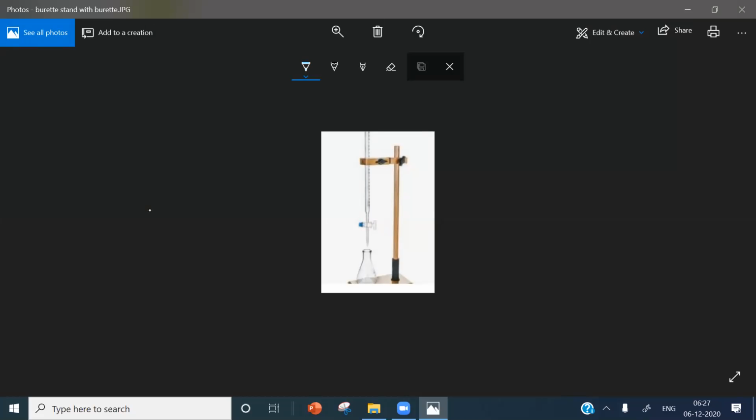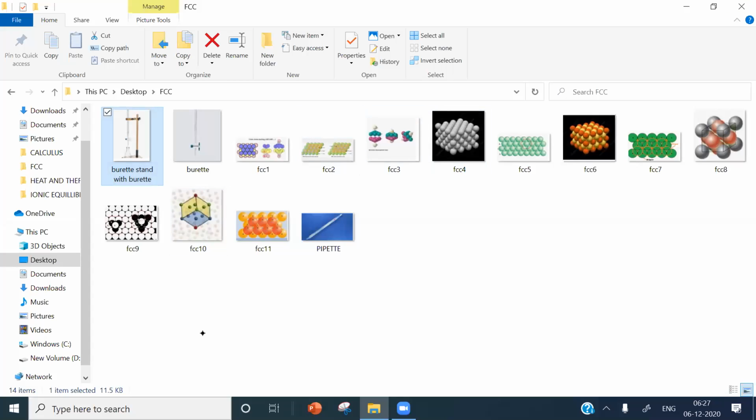You see, this is called a conical flask. A conical flask we can call it. Okay, sir. Next we'll take